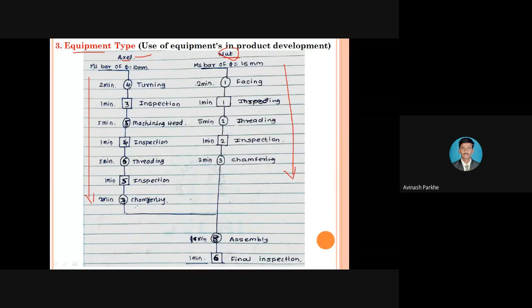But in between some of the operations, inspection is also provided, because as per the requirement of the product or the component, sometimes we have to provide some inspections also. If I perform 2-3 operations, after those 2-3 operations I have to go for visual inspection. So in between some of the operations, inspections are also provided. But other than inspection, all the other symbols represent the operations performed by the equipment or the machine.